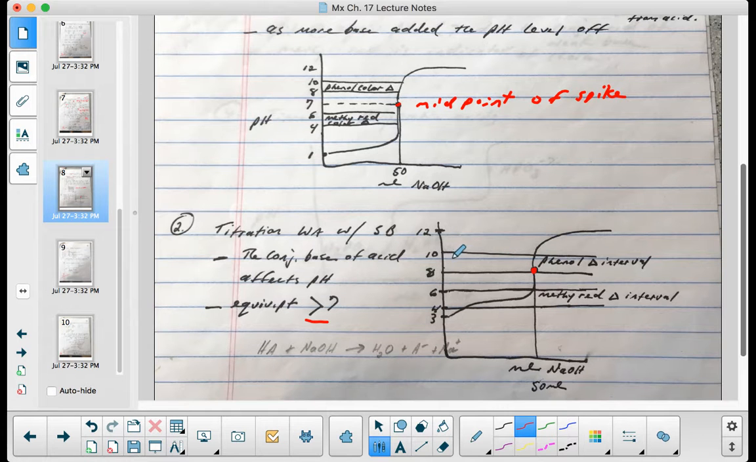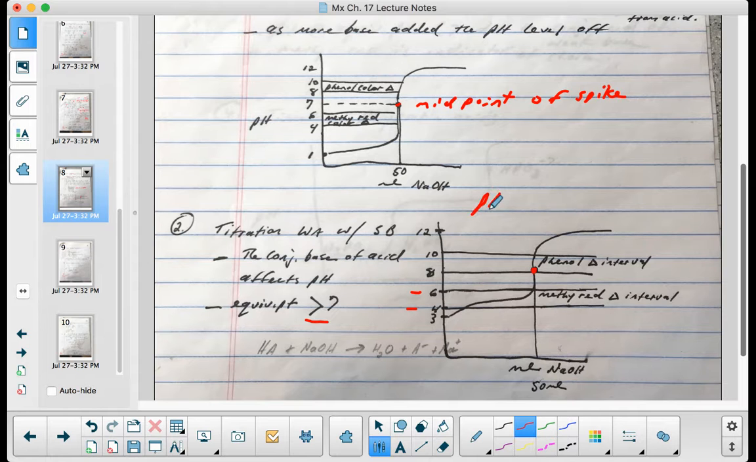In order to determine qualitatively when I've reached this equivalence point, I use indicators in my solution, and there are indicators that have specific intervals. One indicator, methyl red, has a pH interval of 4 to 6, so the color change occurs between 4 and 6. But you want that color change interval to be completely within the range of the spike. So here, this indicator, phenolphthalein